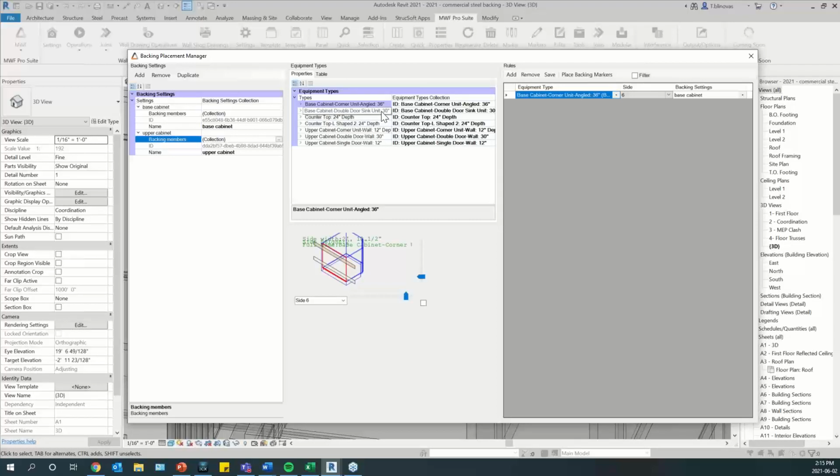And now you have 2 ways of adding the rules. You can either come here and add 2 more or 3 more, however many rules you want, and then change it here: the equipment type, the side. You can do everything through here. Or you can set up beforehand and then add. This first rule, we did it like that. I just created the settings, I chose the correct cabinet here, and then I added. But if I do that,